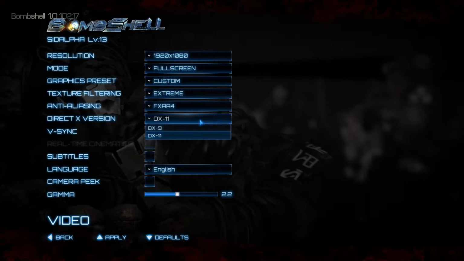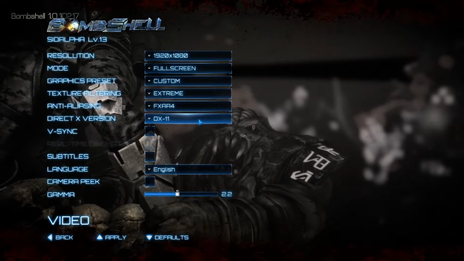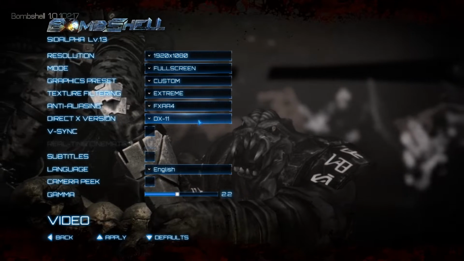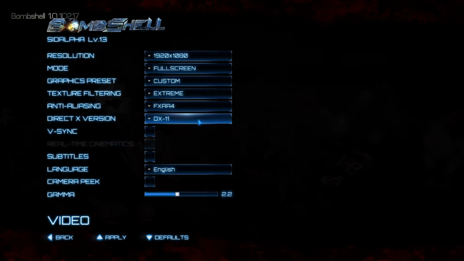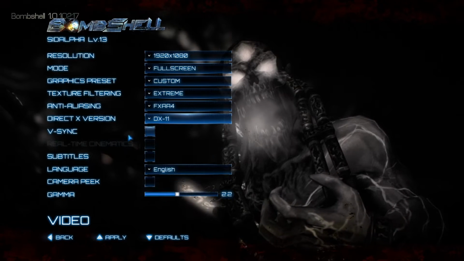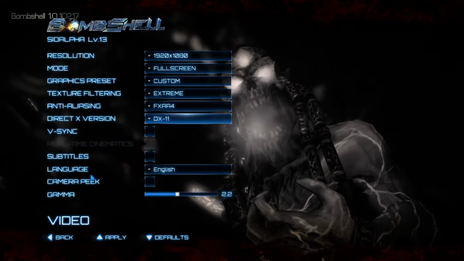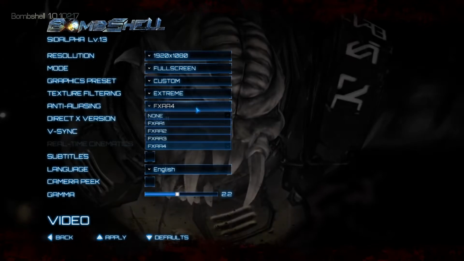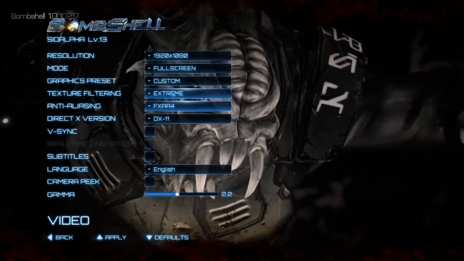We have DX9, DX11. I swear, guys, I set all these before when I was playing the game. I've put about 12 hours into the game so far, and somehow it just decided, you know what? We're going to go back to the default graphics settings that the game shipped with. So anyways, DX11 or 9, FXAA 1 through 4, texture filtering,